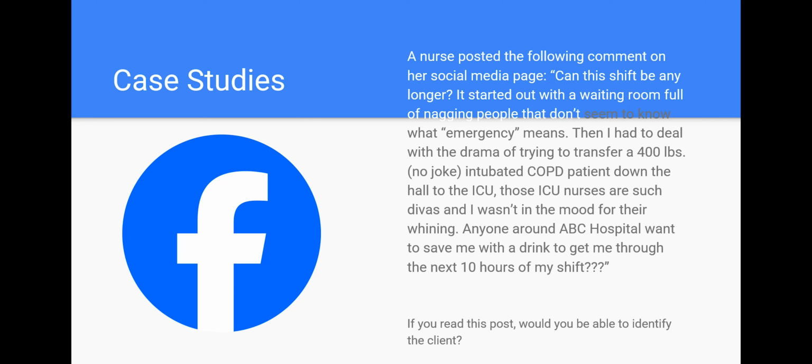To get into a couple case studies, the first one we have is surrounding social media. Lots of people have Facebook, Instagram, TikTok. Take your pick of whatever social media platform that you use. A nurse posted the following: